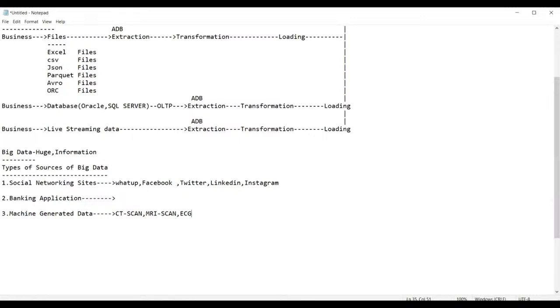These machines generate some data, and this kind of data is also considered as big data. That means a massive amount. The CT scan machine generates a very massive amount of data. So that is nothing but called machine generated data. Any machine which generates data, that is called machine generated data. That's it. Then afterwards,